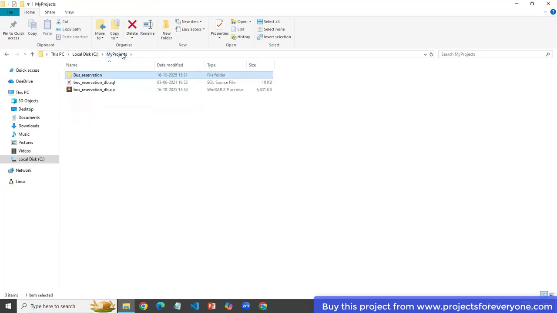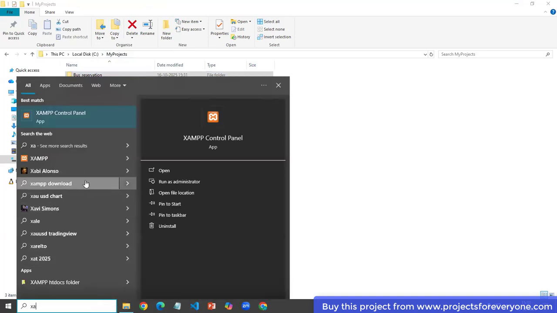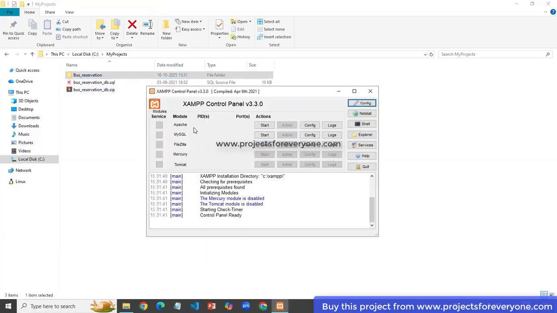Firstly, we will set up our database. For that, open XAMPP software. Click on Start for Apache, then Start for MySQL, then Admin for MySQL.